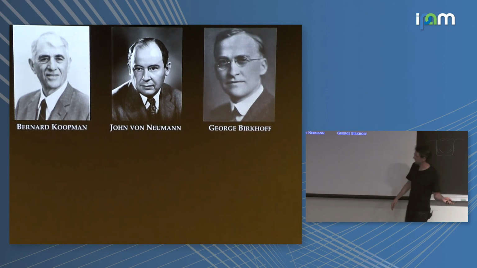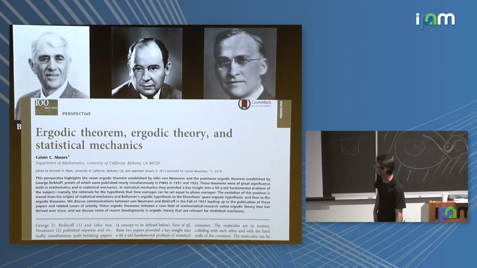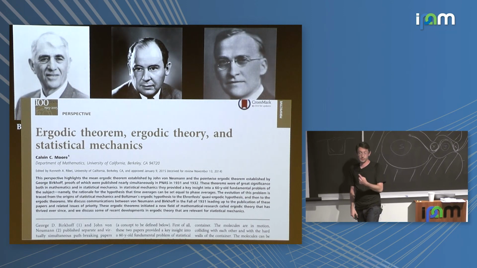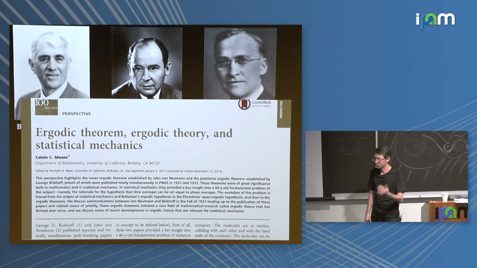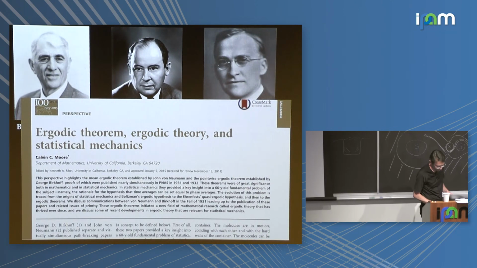And there's a great history I would point you to in PNAS by Calvin Moore that essentially talks about the development of this theory, how Koopman's paper was important, and the various intrigue that happened. Basically, I think Koopman was a former PhD student of Birkhoff, and Birkhoff basically scooped von Neumann. This was the first paper von Neumann wrote in English, was the proof of the ergodic hypothesis. So he was just fresh at Princeton, young guy, very interesting story.